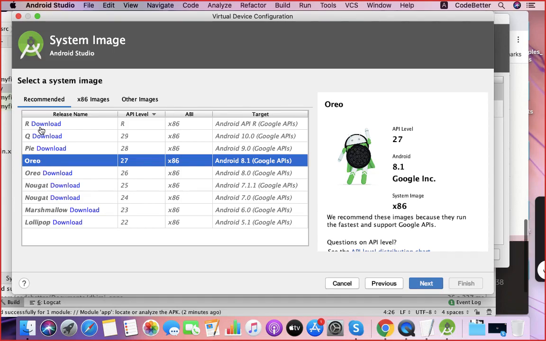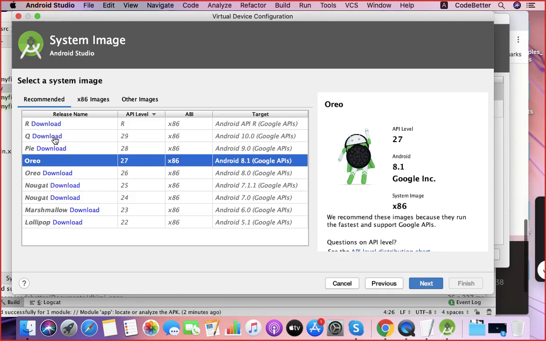So if you want any Android OS, you just download that OS copy on click of the download button. Whenever you click on download, it will download the binary of that OS, and you can run that OS virtually on this system using virtualization.